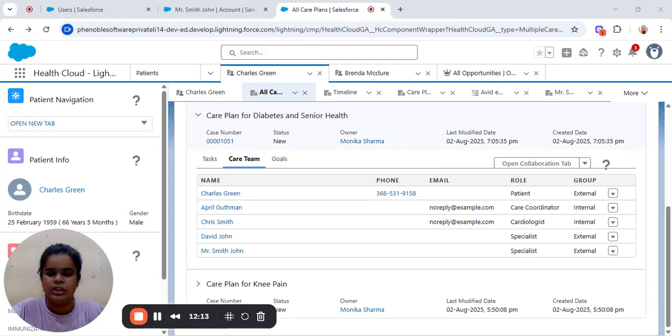Suppose you are going to a doctor who is not in your organization, this is an external member. So the main role of Health Cloud here is that the external care team member is always informed and coordinated with the patient's historical data. It tracks progress, what medicines, etc.